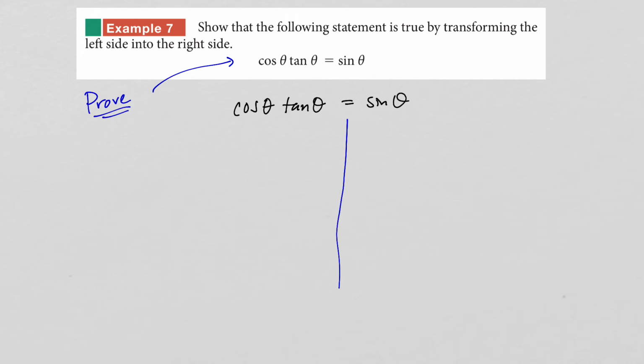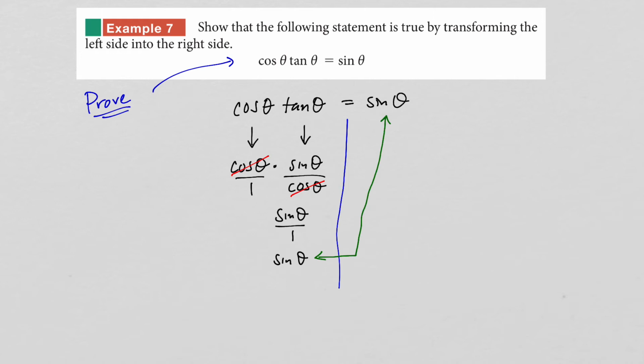So for example, in this problem, when I start here, I have cosine of theta. And cosine of theta is pretty basic, so I'm going to leave that alone. But tangent of theta, remember, has a ratio identity. So we can convert this into cosine of theta multiplied by, and then tangent of theta is sine of theta over cosine of theta. Again, we just use the ratio identity for tangent. Now you can see what happens when you multiply here, right? So if you want, you can put an over 1 right there. You can cross-cancel the cosine of theta, and what you end up with is sine of theta over 1. And of course, sine of theta divided by 1 is sine of theta. And so now you can see what we have on the left-hand side matches up perfectly with what we have on the right-hand side. And so we have proven that this expression here is the same as sine of theta,